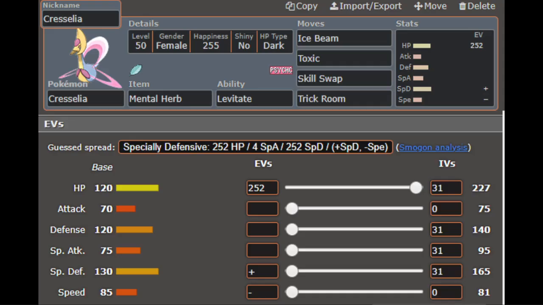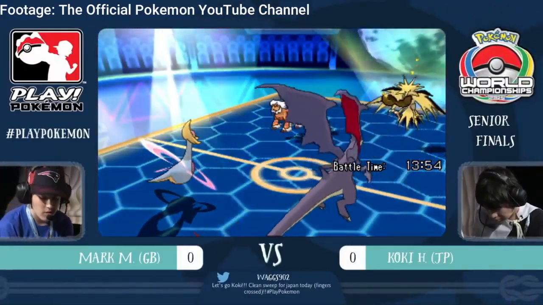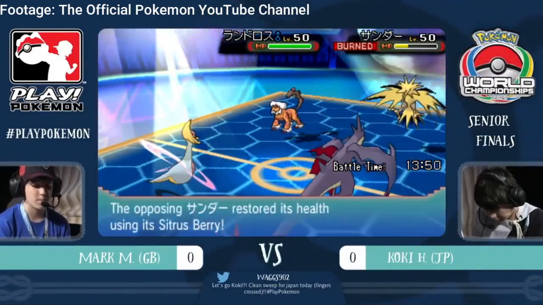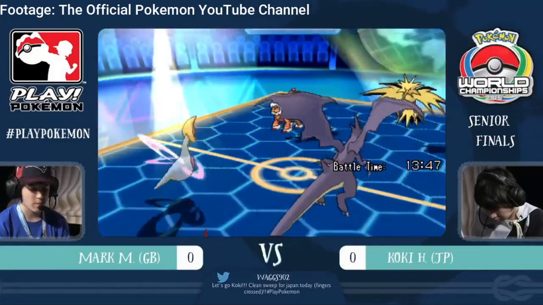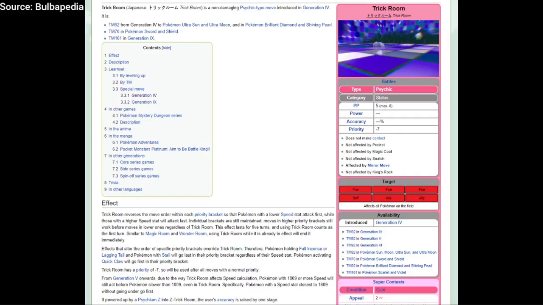Cresselia's best quality is of course its fantastic bulk, with a great HP stat of 120, 120 defense, and a whopping 130 special defense. Cresselia is by no means an offensive Pokemon. Its focus lies in its supportive move pool to help its partners out, and the most popular choice has to be Trick Room, which reverses the speed order of all Pokemon on the field,